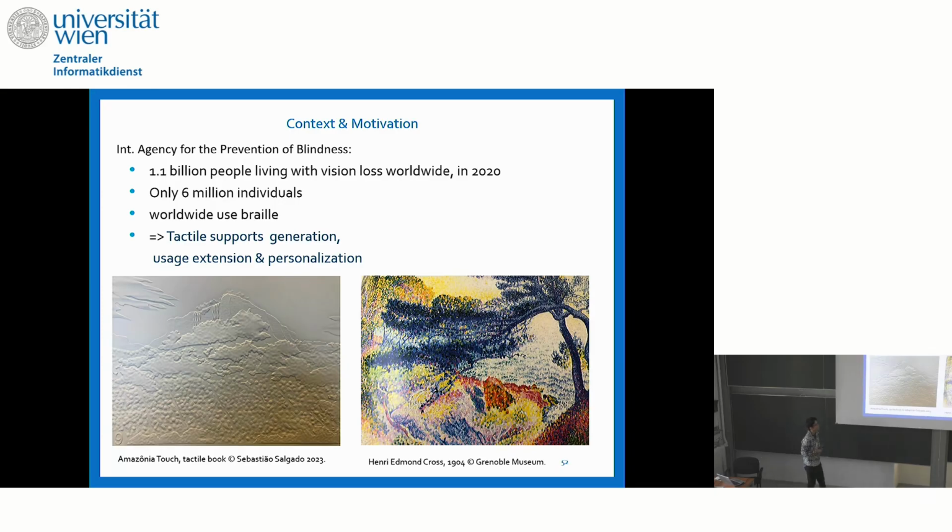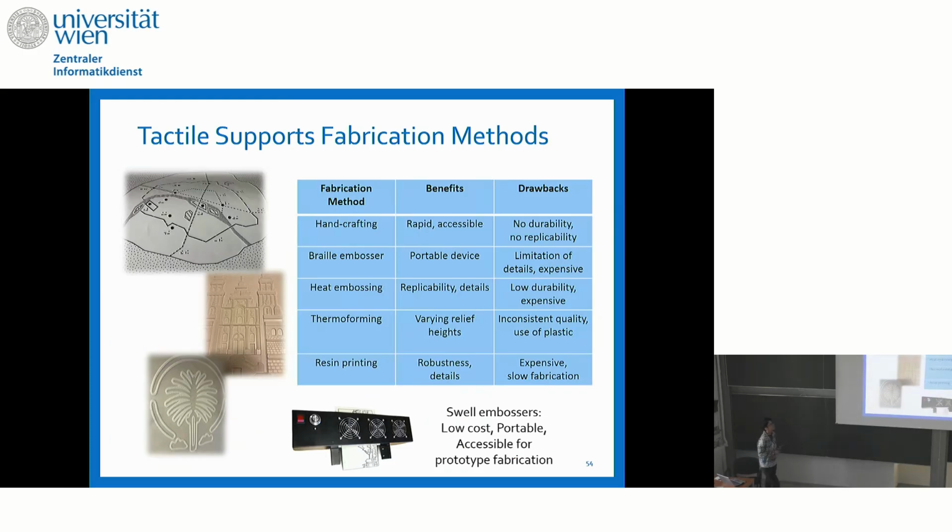For example, here you can see an example of a tactile book where you see that such a complex landscape can be perceived, at least partially, by visually impaired people. But the idea of really transferring this rich visual content through only haptic perception seems really challenging. So we had to go with my collaborators through different